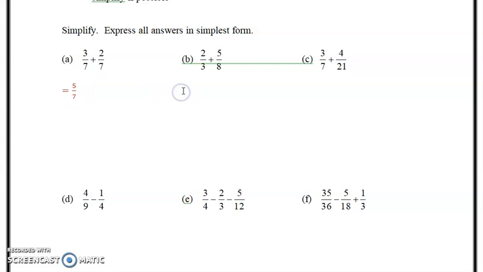Next one we have is B. You'll notice that the denominators aren't the same. So if you look at 3 and 8, the easiest way to find the common denominator is you can essentially multiply the two denominators together to get 24, but you look for the least common multiple, and in this case it is 24 as well, right? So sometimes you have an example like 4 and 6, for example. For 4 and 6, if you multiply them together, you get what's called a common denominator, 24, but it's not the least common denominator. But it doesn't matter; it's whatever works for you. Okay, so that's going to become a 24, which means that the 3 got multiplied by 8, so the 2 has to get multiplied by 8 as well, and we get 16. Okay, plus